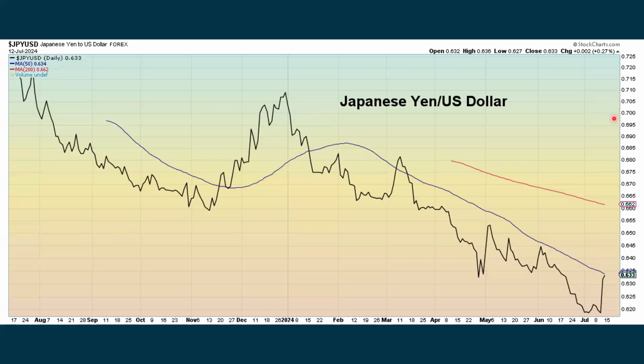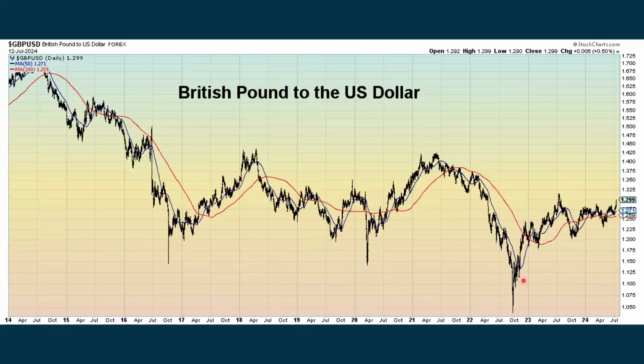The Japanese yen, and there's reports out that the Japanese government is coming in and buying Japanese yen like crazy to try to prop the yen back up because they're afraid that it's falling too quickly against the US dollar, but it's still in a downtrend nonetheless. Back here in May, we saw another blip up as well. Any one of these blips you could possibly attribute to the Japanese government intervening, but it doesn't seem to last very long, and it doesn't seem to really change anything, at least to this point.